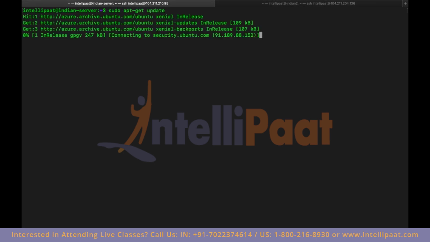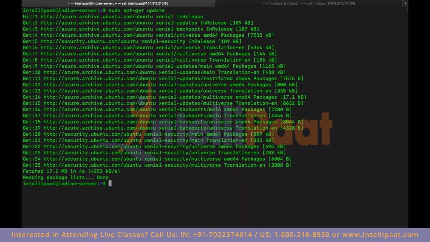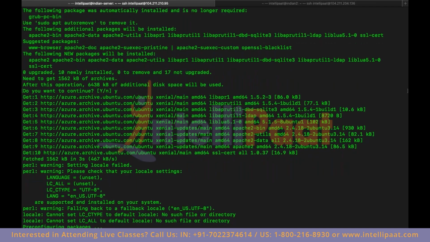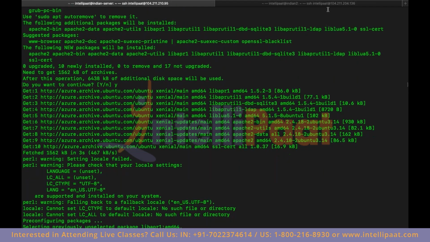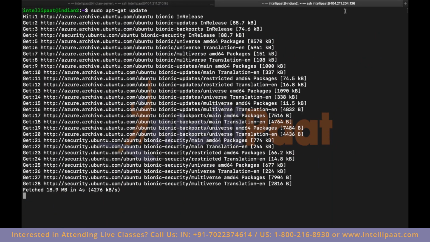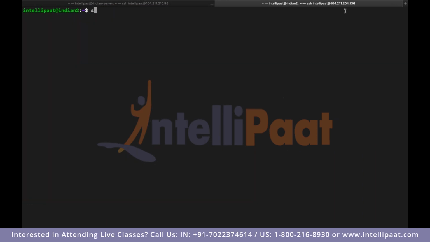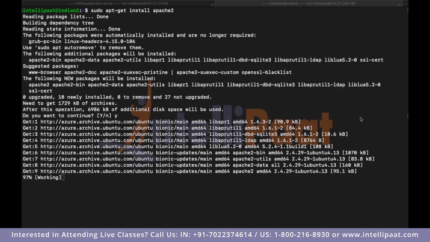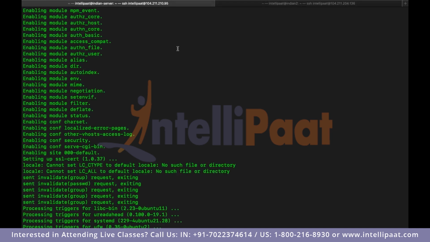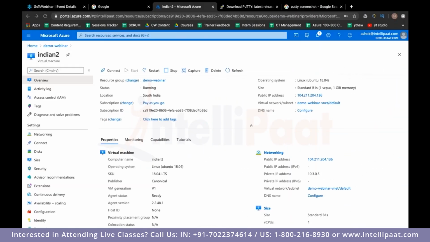So let's update it by typing in the command sudo apt-get update. And once the servers are updated, now let's install the software by using this command, which is sudo apt-get install Apache 2. Okay, so the software is being installed over here. We can do the same on the other server as well. First update it, and once it's updated, we will install the Apache 2 software. So both the machines now have the Apache 2 software installed,